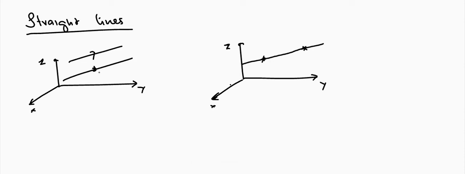A line passes through a point having position vector a vector and parallel to b vector, or a line passes through 2 points capital A and B whose position vectors are a vector and b vector. Now let us discuss the equations of lines of these two forms.